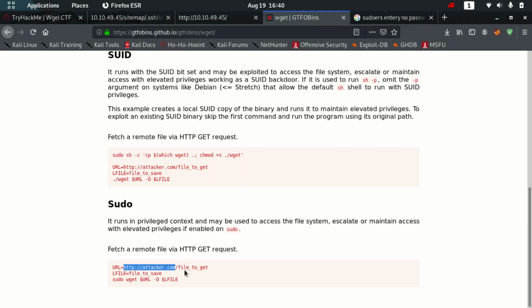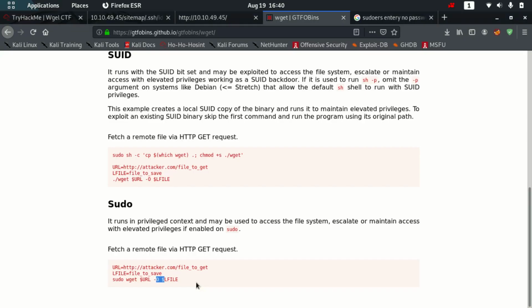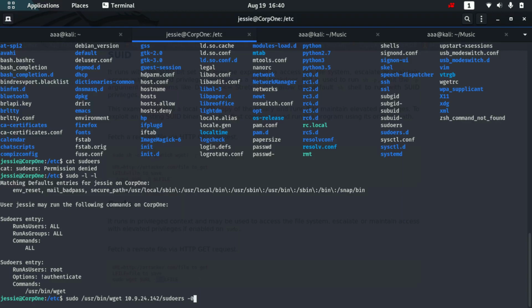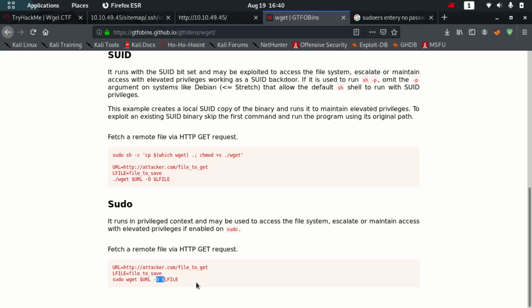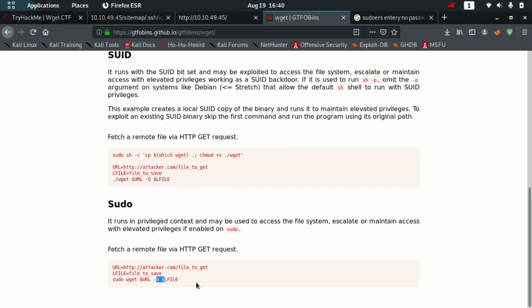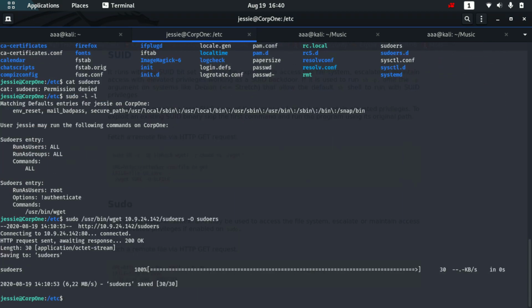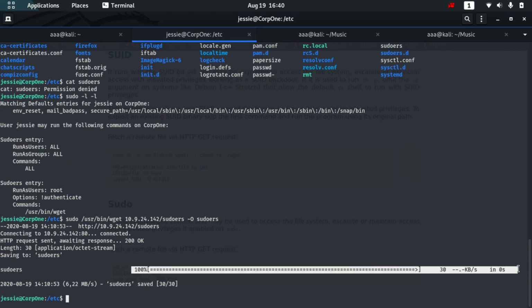And then I'll put its output, dash o. I think it's dash 0, or is it dash o? It's dash capital O, it's not 0. And then the local file, which is again sudoers. Let me press enter, and yes, there was a successful transfer.